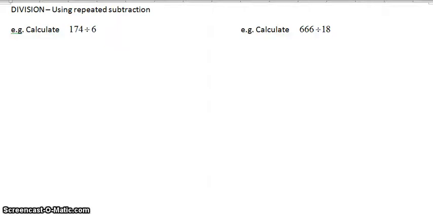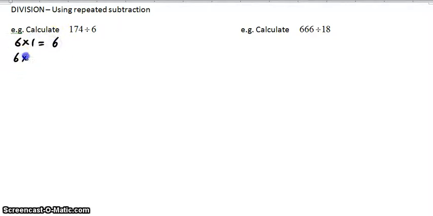Okay, so what we've got here is a method of division which is actually based on subtraction. So obviously we need to know how to take away two numbers, which could be trickier for some of these questions, but let's go with it anyway. Right, the trick that we need to know is that 6 times 1 is 6,